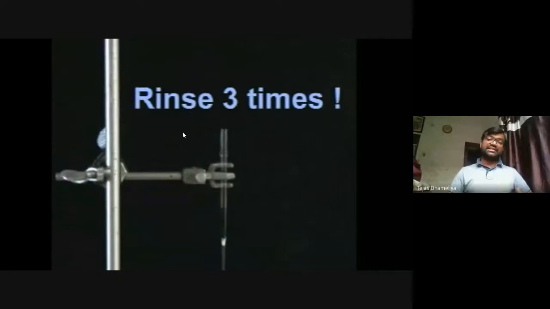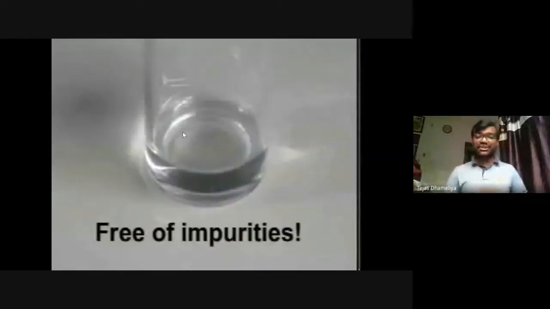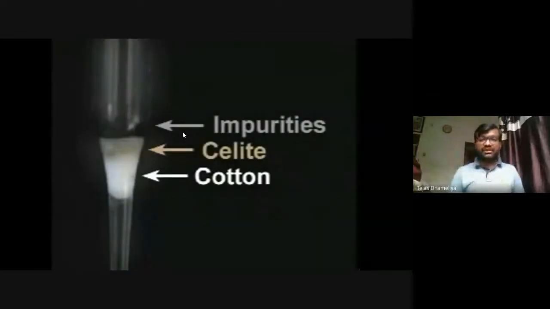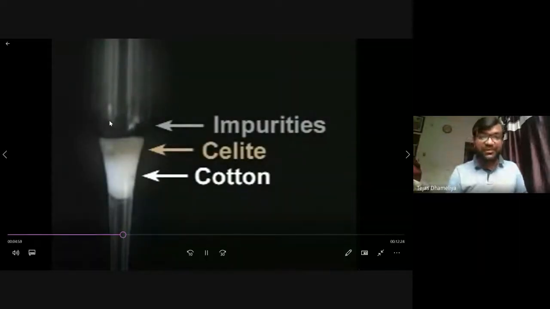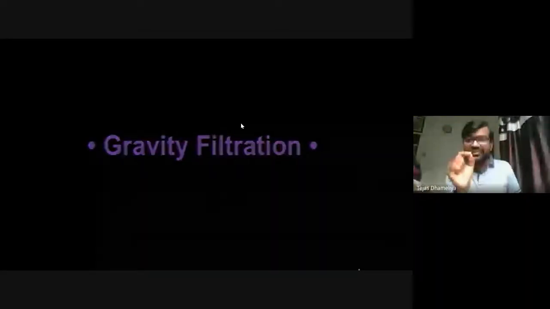As in the beginning of our organic chemistry practicals, we are learning the basics: how to do distillation, how to do filtration. So this is for filtration, free from impurities. Here in the end we will have impurities at the top. This way we can do the filtration. A simple kind of filtration, but only used when we have a limited amount of the sample.